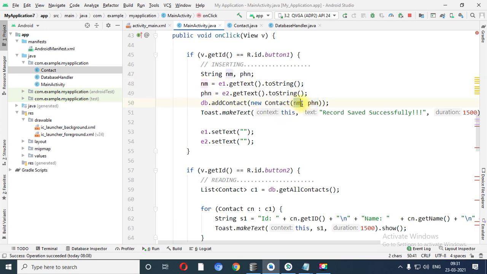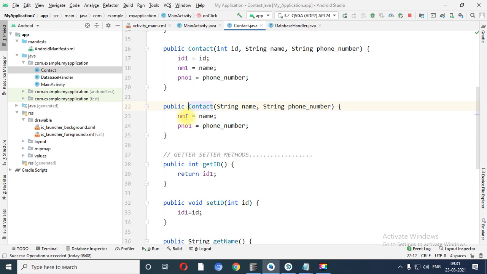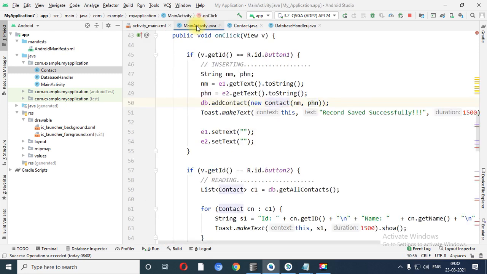So NM contains Radha and phone number contains 98. That will be passed into this particular file, and local variable NM contains Radha and PNO1 contains the phone number. Let me again click into MainActivity.java.